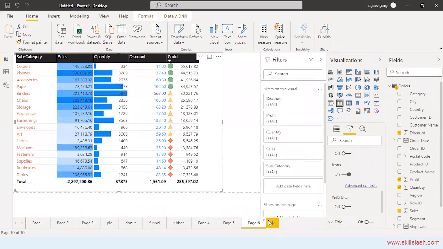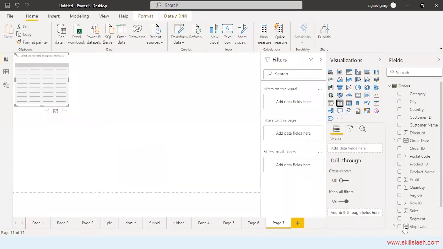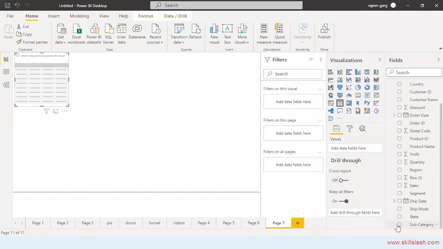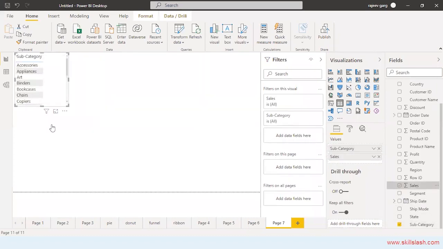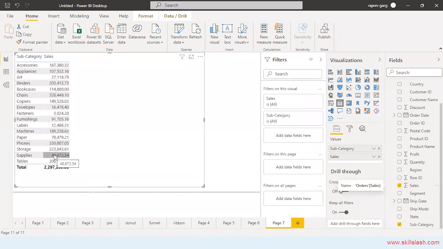Okay, one more example which I would like to give you of the table. Once again, I am taking the same example. I am taking the tabular data for the subcategory sales over here. Let me take the subcategory sales over here. I will take the sales once again over here. Okay, before which I'm talking about the table aggregations. By default, I'm always getting the sum of the sales. What if I need the percentage?